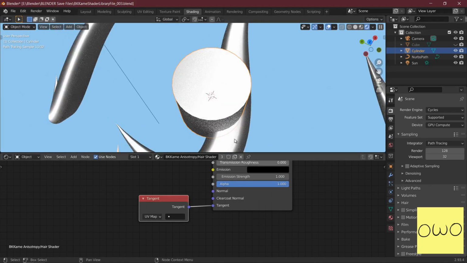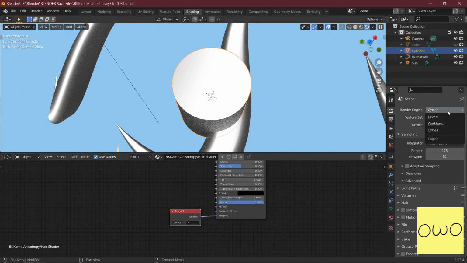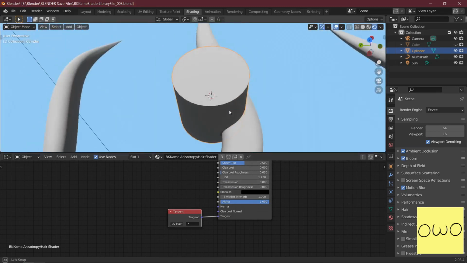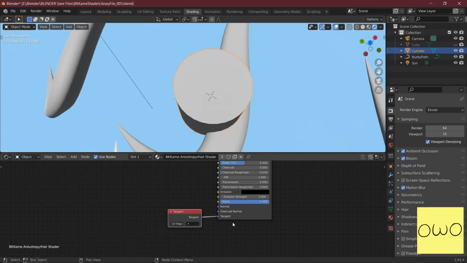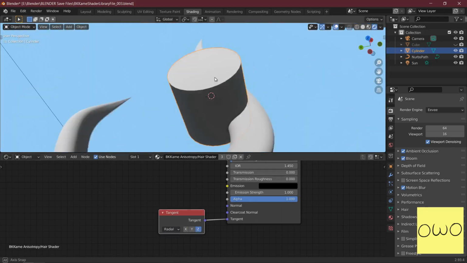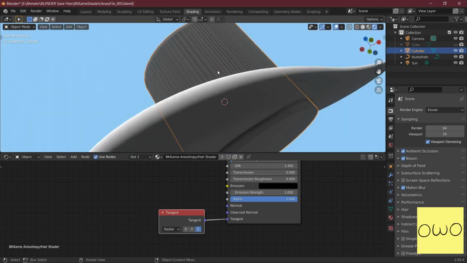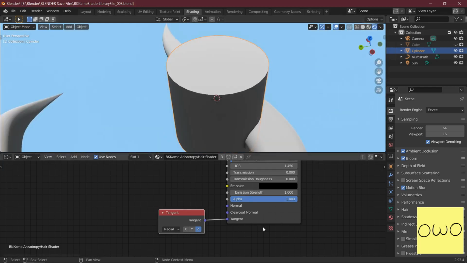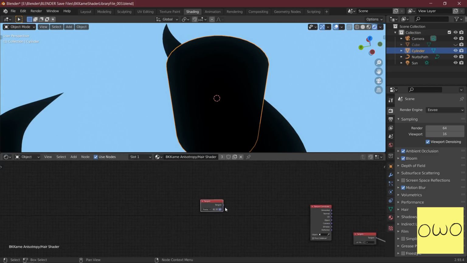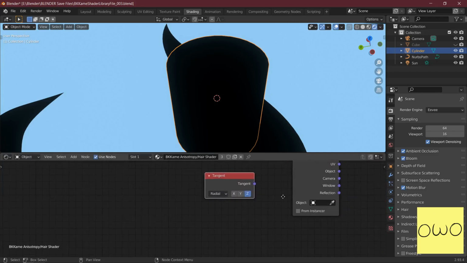First of all, I will show you that it does not work in EEVEE. You can see it does not work at all. If I switch to radial Z, it does not work. Instead, it gives this ugly stripe type of pattern. So we cannot use the Principled BSDF's anisotropy for our cause. But we have to use this tangent, because this is the node which specifies the direction of the